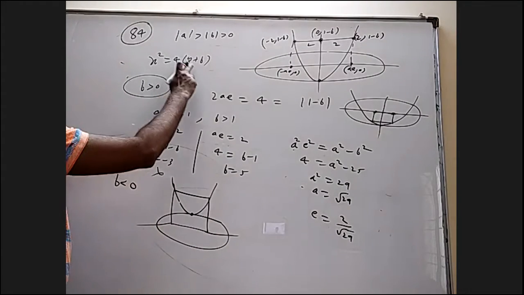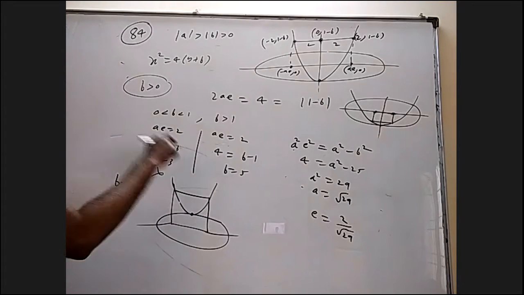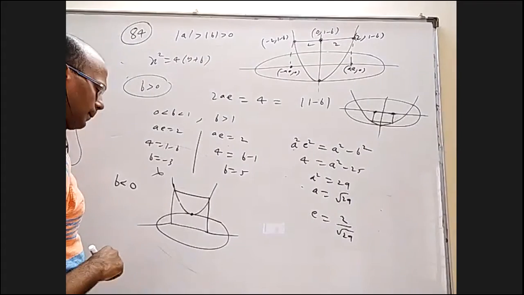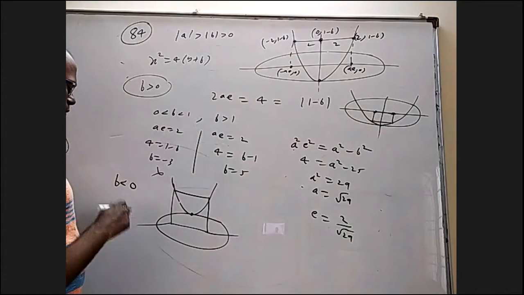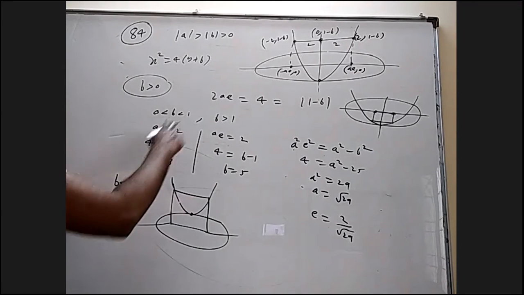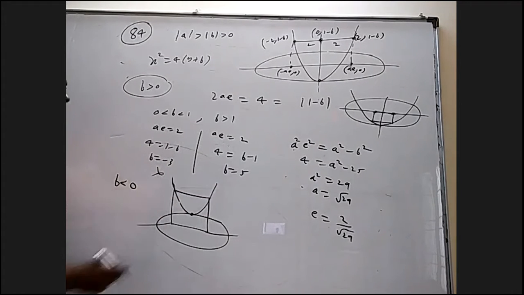That is another figure. One should not think vertex 0 comma minus B means here only. That is only when B is positive. So when B is negative, it would have been like this. Then what would have happened? That point, B is negative, so 1 minus B is positive. So that is straight away 1 minus B. Will any of my equations change? I'll get 1 minus B here, not B minus 1. But I've got this, and B is negative is accepted.